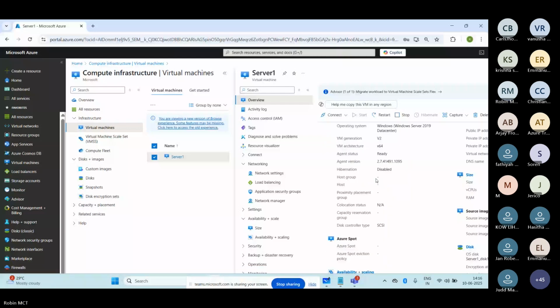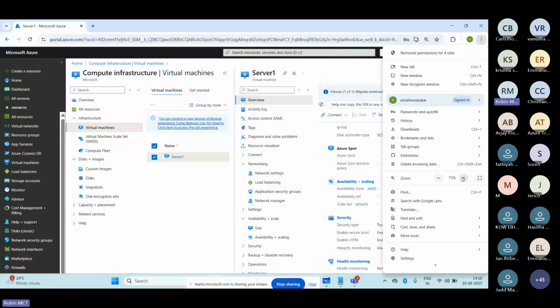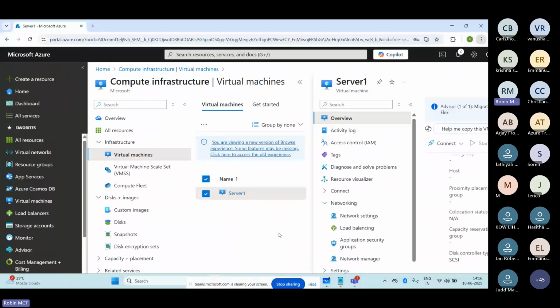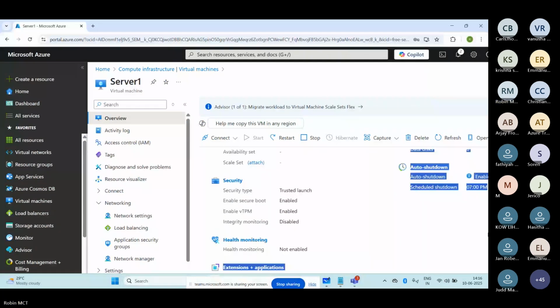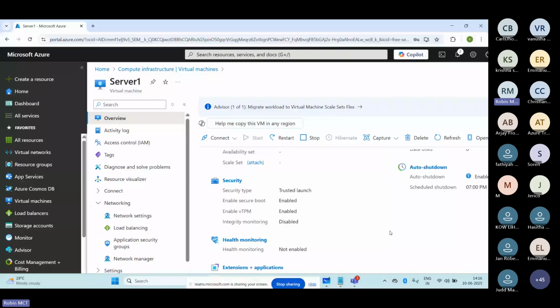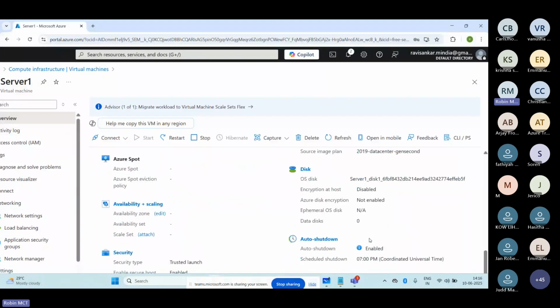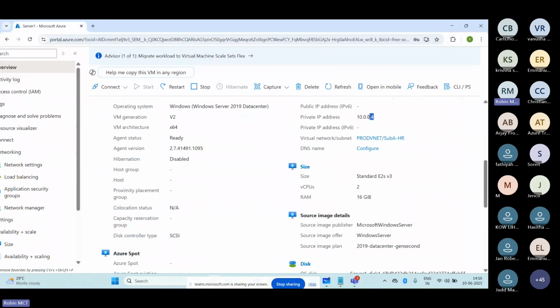That means the server gets its IP address directly from the subnet. Now, if you see here, the IP address which the client has been getting, let's go to the right side. Your computer has been assigned to prod vnet. Inside this one, there's a place called a subnet. So technically your computer starts receiving an IP address from subnet A here.